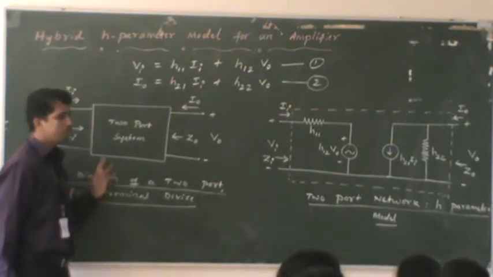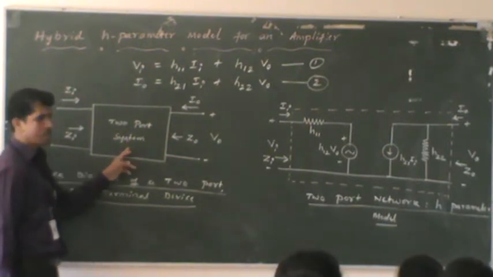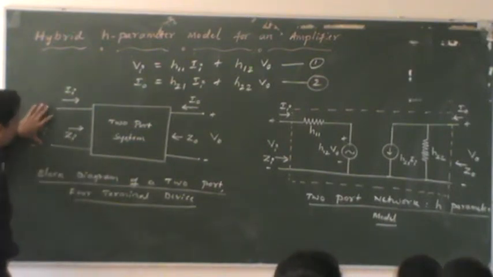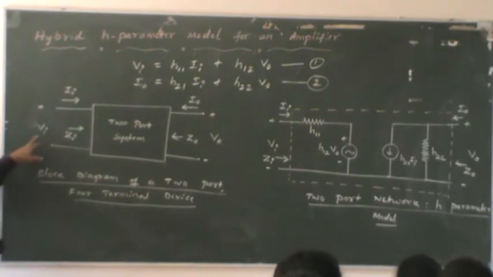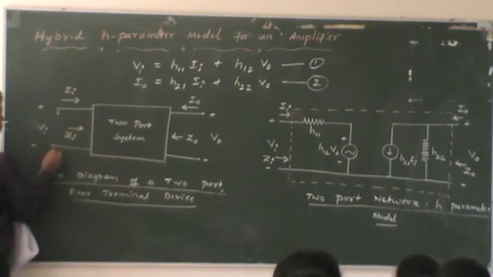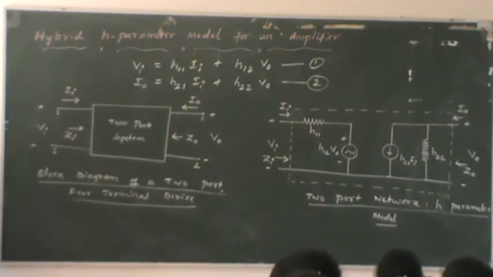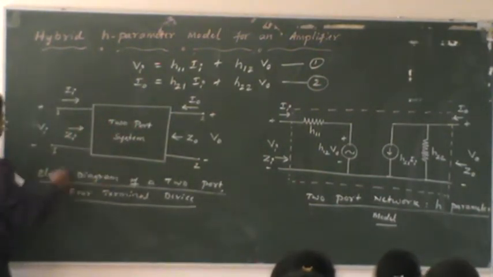We are going to model the bipolar junction transistor using this concept called a two-port system. Two-port system in the sense one is the input port, the other is the output port. You can also see that the input impedance of this two-port system is given by Zi. If you measure the resistance across these two points, the impedance is labeled Zi, and the voltage applied to these two points is labeled Vi, the input voltage. Sometimes we also indicate the input port with the label 1 and 1, and the output port we label as 2 and 2. That means at the second port we take the output, and at the first port we apply the input.